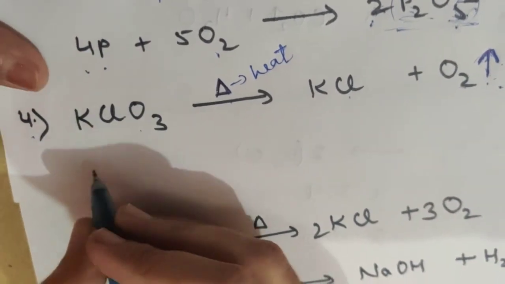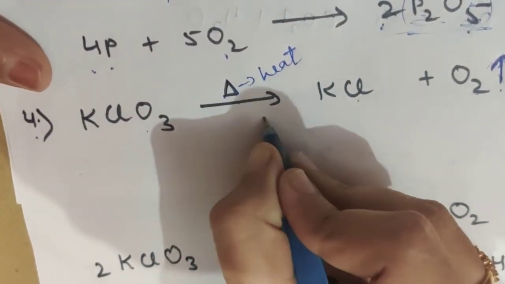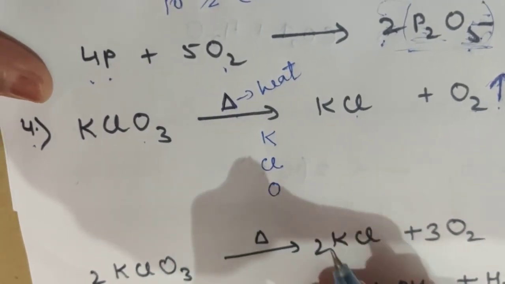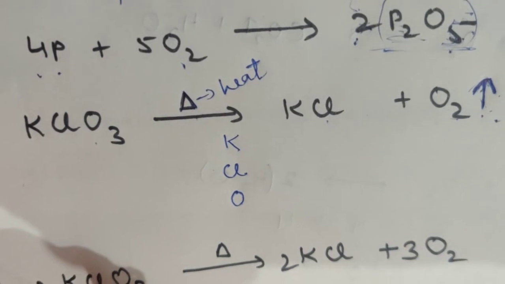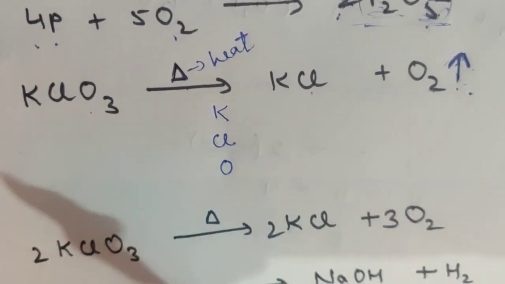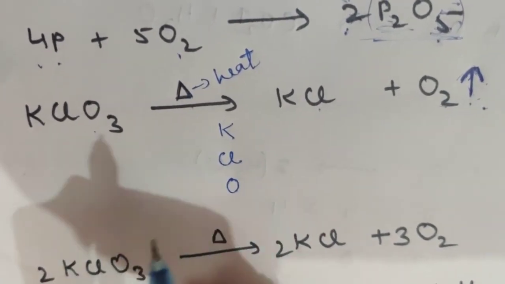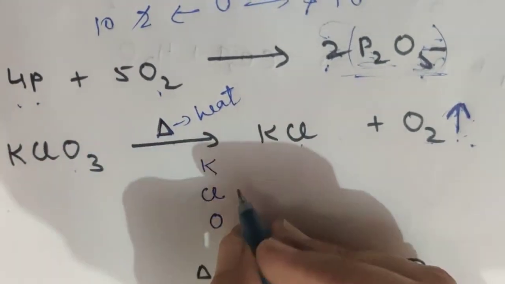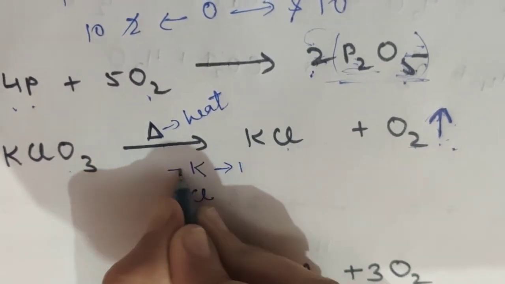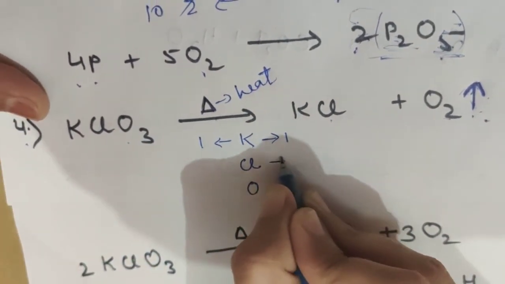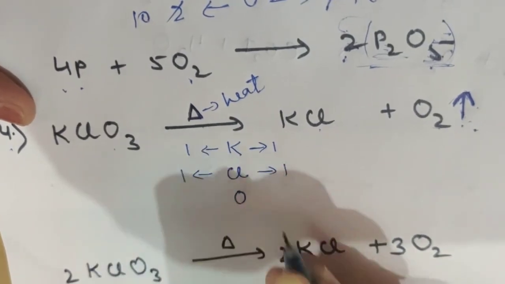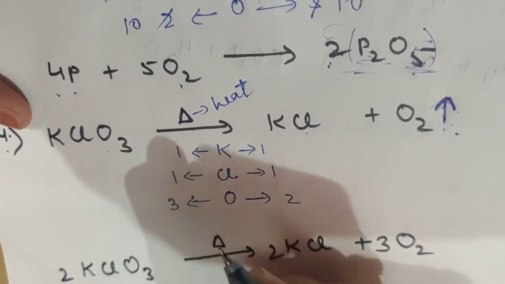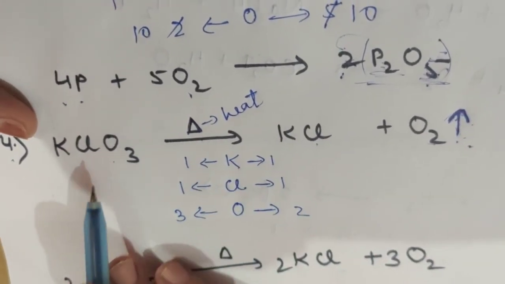Okay, now to balance it, we have how many atoms in this? K, Cl and O. Again a reminder, for balancing equations there is no specific formula or method. We simply use the hit and trial method to solve these equations. K is 1 this side, and this side also it is 1. Cl is 1, this side also it is 1. Oxygen this side is 2, but this side it is 3. So we can see that the difference is being created only by the oxygen atom.